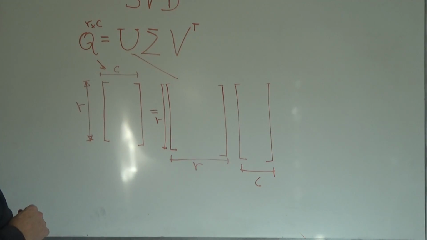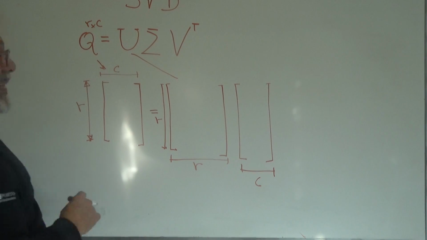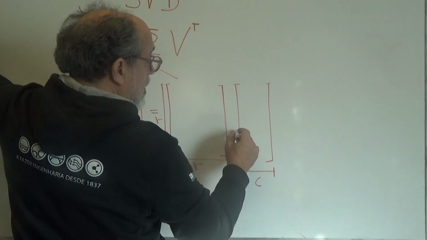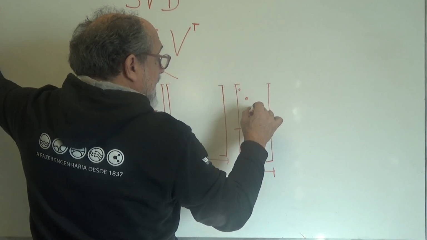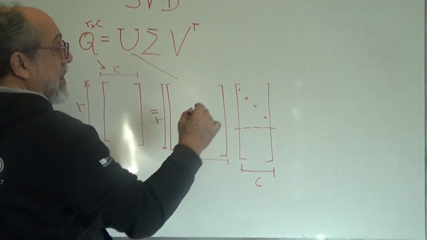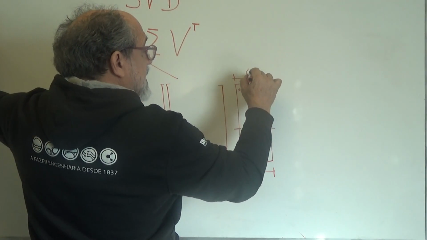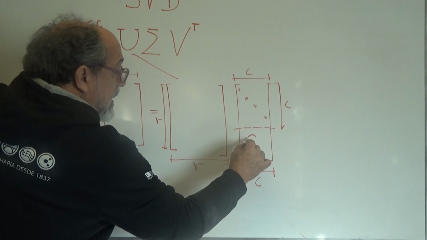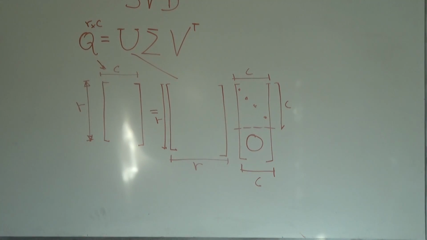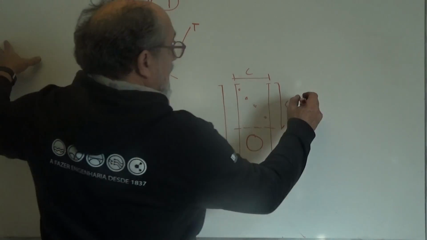Now that matrix is by definition quote-unquote diagonal, and what we mean by diagonal in a rectangular tall matrix is that it is like this, and that part is C by C, right? This part down here being 0. And then we have the VT matrix, which is